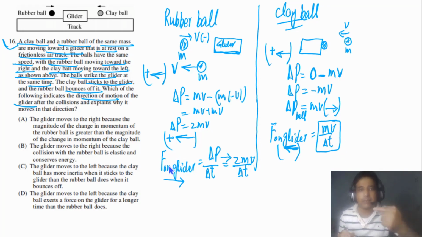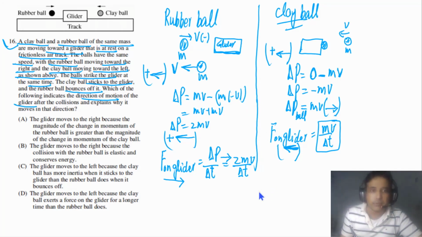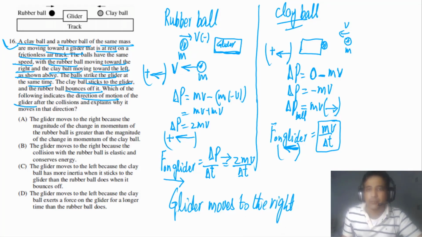So it means the glider in this case will move to the right. We can write on here, glider moves to the right. This is the point we need to understand. Why does it move to the right? The reason is that